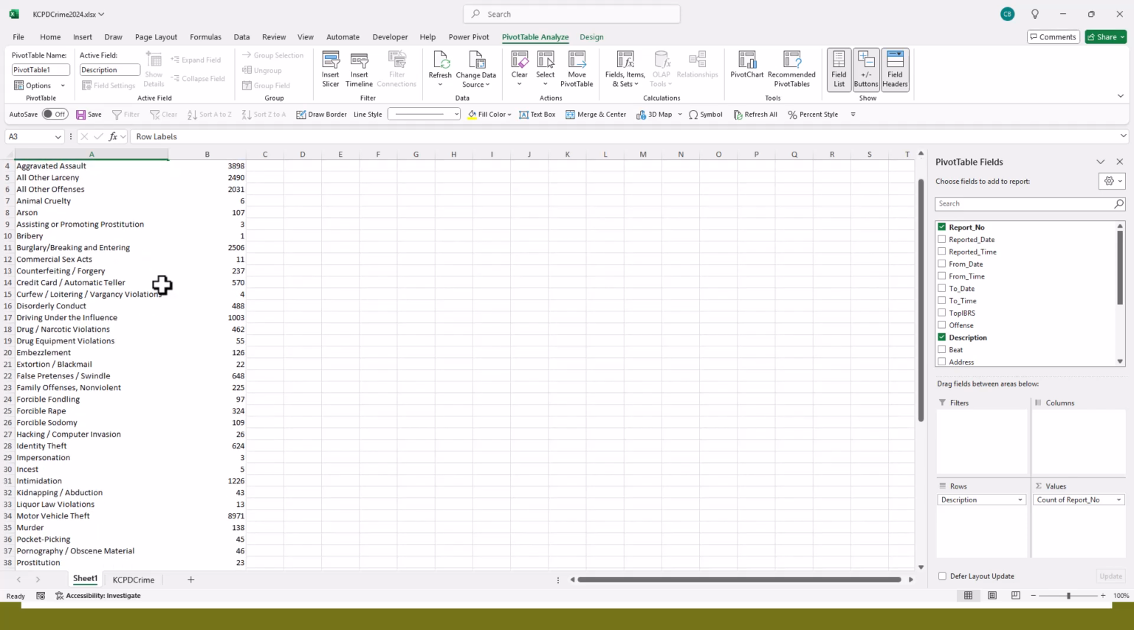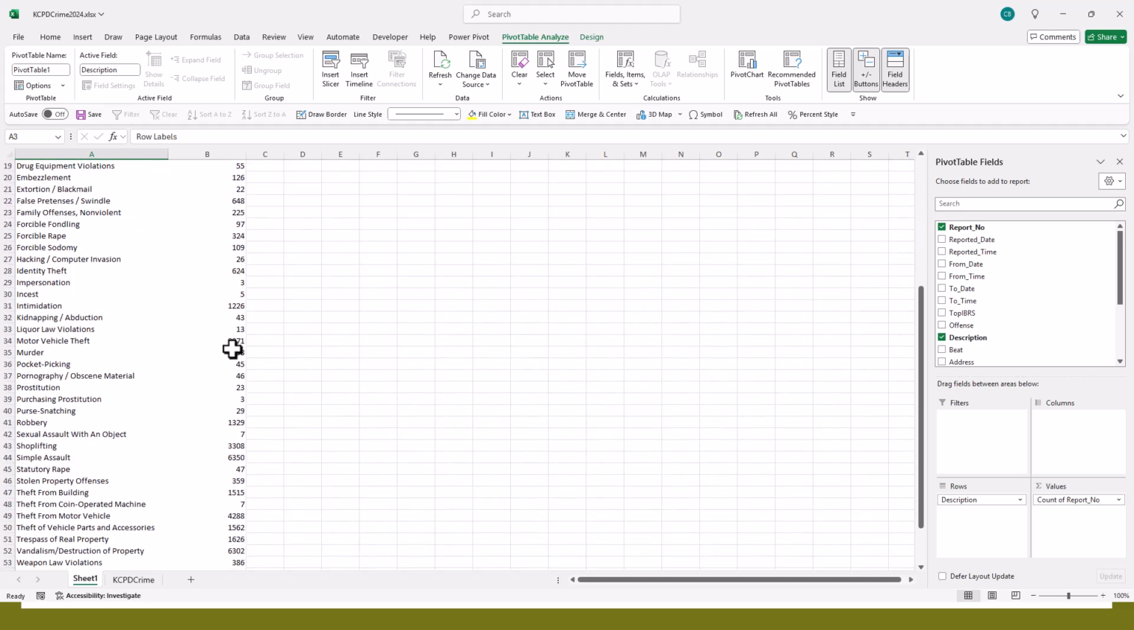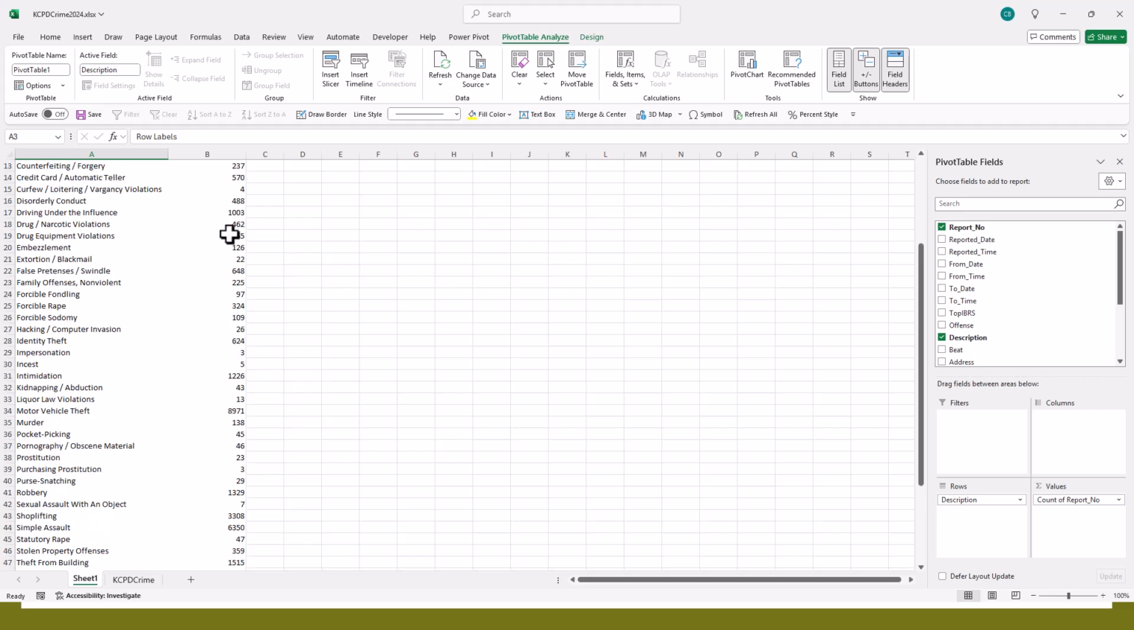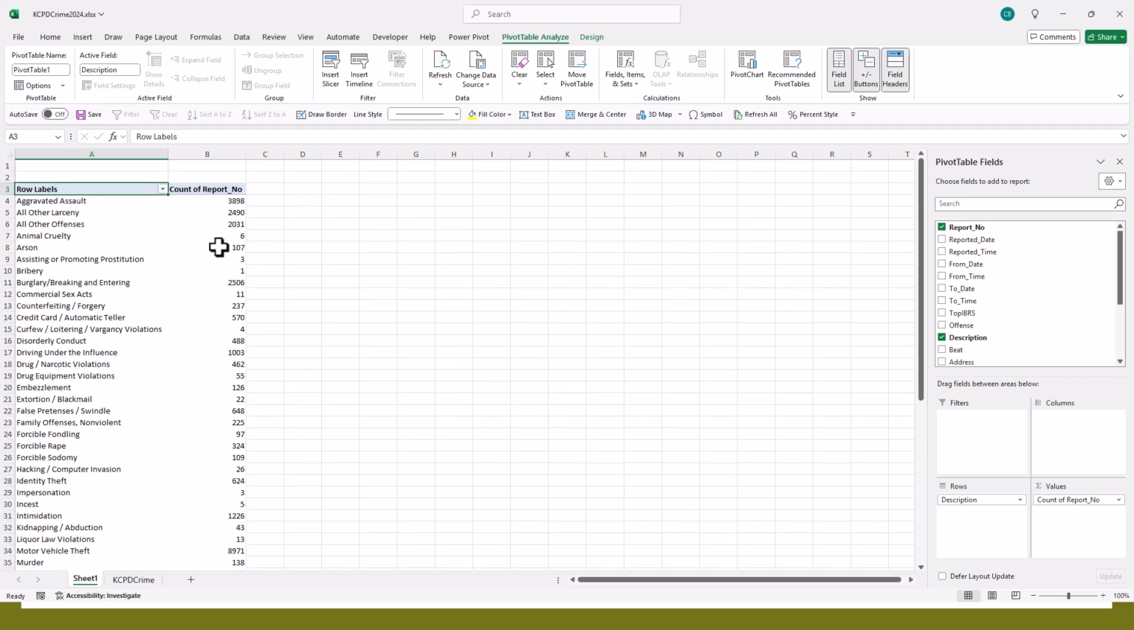And now we've got a count of all of the crimes that happened in 2024. 138 murders, 8,971 motor vehicle thefts, 462 drug violations, etc., 107 arsons. You get the idea. So this is how you could quickly get a nice report of everything that happened in Kansas City in 2024. Let's say you want to break that down by